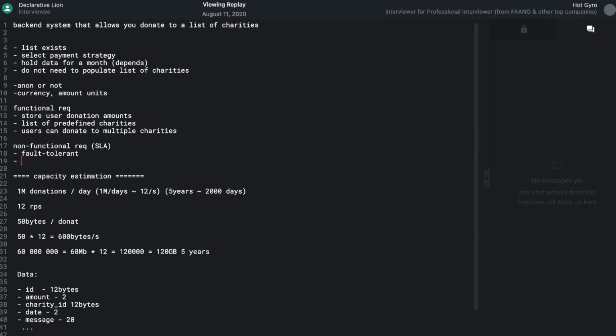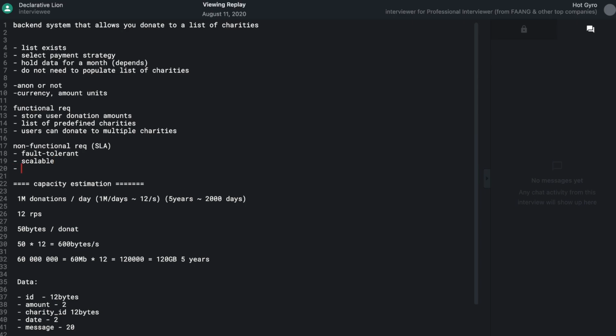It needs to be scalable, right? Because right now it's 1 million item donations per day. You bet that the interviewer is always going to say, let's say this is going to grow and become 1,000x. How are you going to handle that, right? That's a question that you always get asked. So your system needs to be scalable, right? Scalable, fault tolerant, highly available, right?